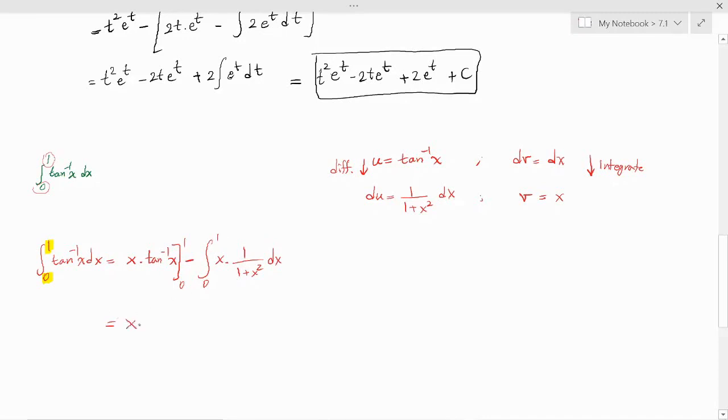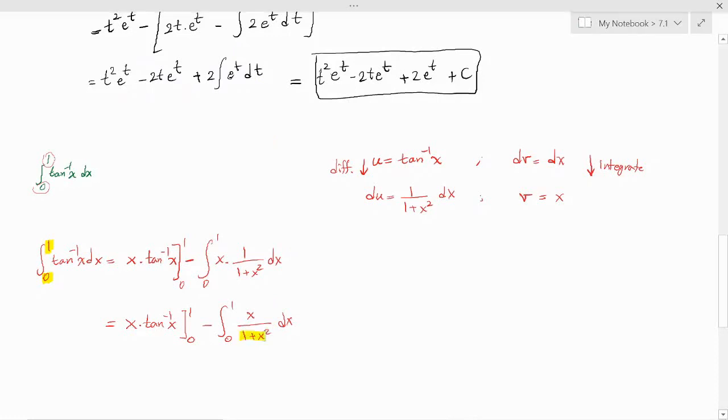Okay, so let's say we already know this part: x tan inverse of x from 0 to 1, minus the integral from 0 to 1 of x times 1 divided by 1 plus x squared dx. Here's the good thing about this part. You don't need to do integration by parts again. You can simply use substitution for the second part and figure out what the answer is. Because substitution in this second integral